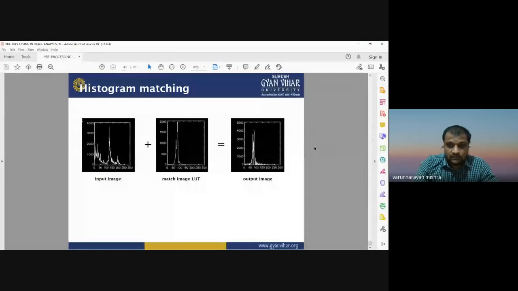So this is the way we can perform histogram matching, and it can be used for urban growth mapping and modeling. If you have multi-date images of two different times and you want to see the changes in the urban area, we can use histogram matching to get information about the changed urban area, and how much urban area has increased or decreased in that study area.